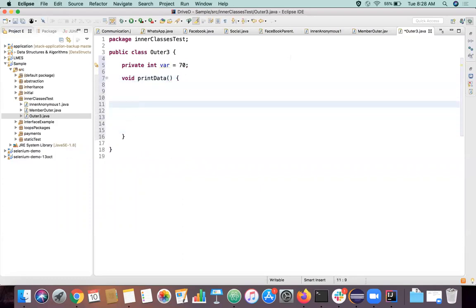So we have a method here. This much is clear: we have an outer class, a variable declaration, and a method. But inside this method itself, we are going to create a class, class inner.